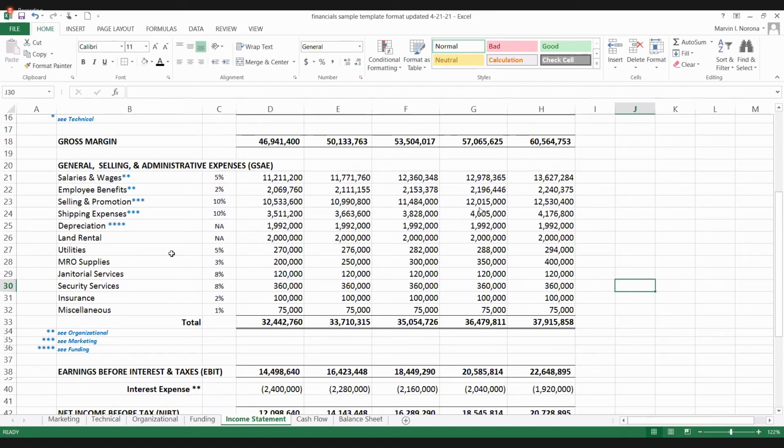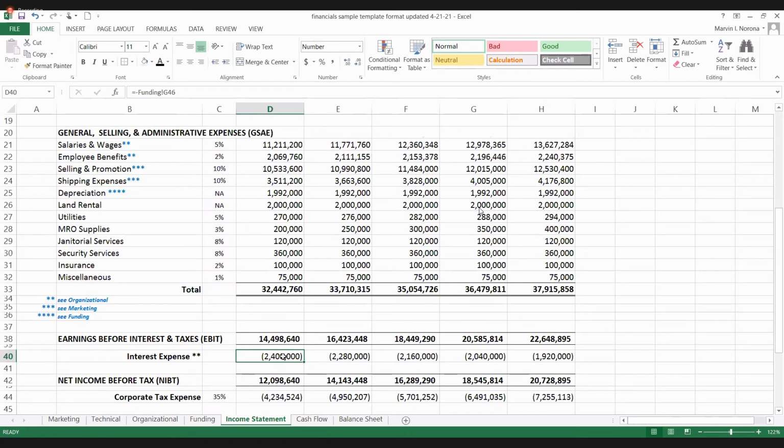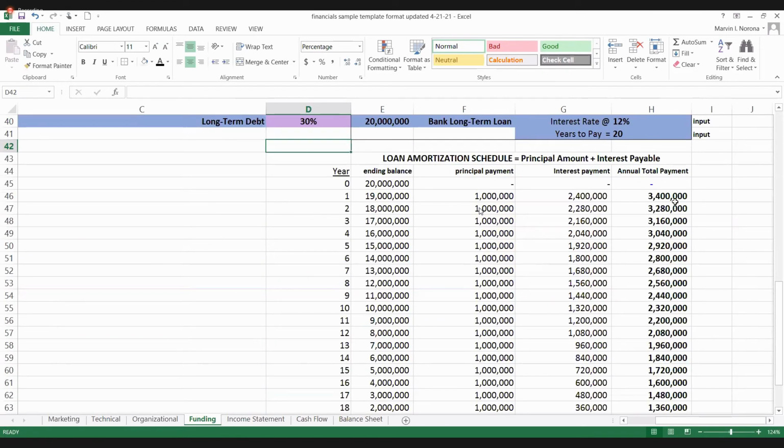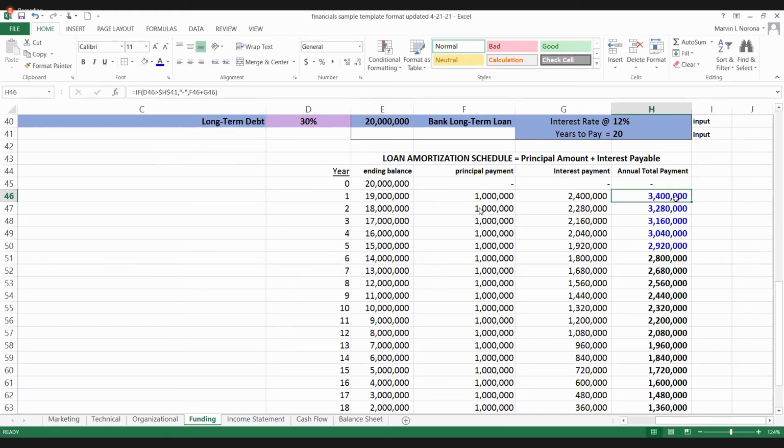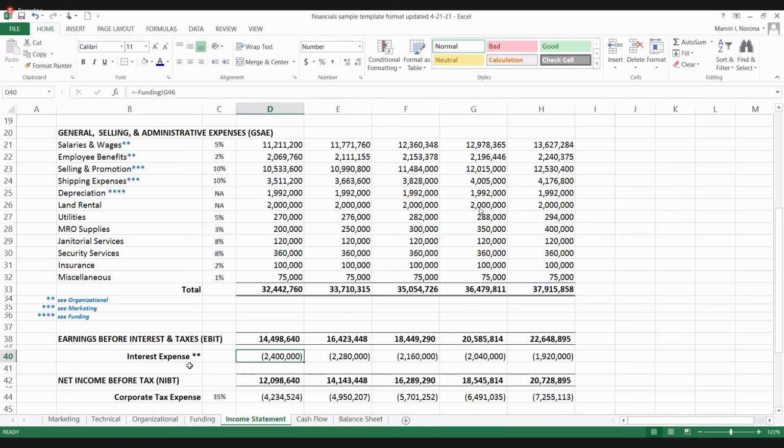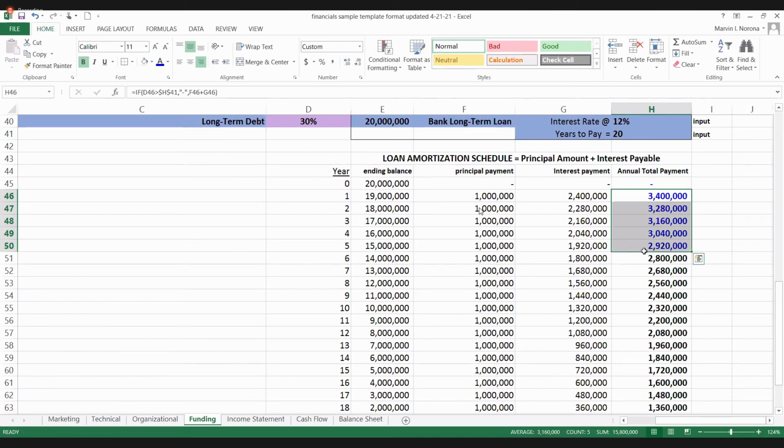Wala yan. Hindi yan pinapasok dito. That is not an expense. Ang expense lang yung interest. So the interest here, ito. Okay, makikita ninyo dito sa funding. Ayan, so yung first 5, 1, 2, 3, 4, 5. So yung first 5 years sa study period, makikita niyo dito sa income statement, nakalabas yan. Hiniwalay ko na para mabilis ninyo maintindihan.